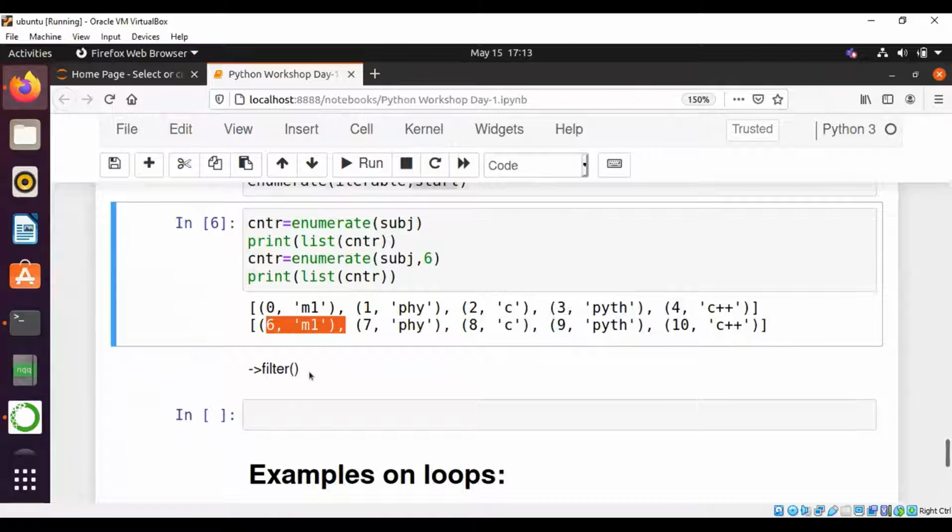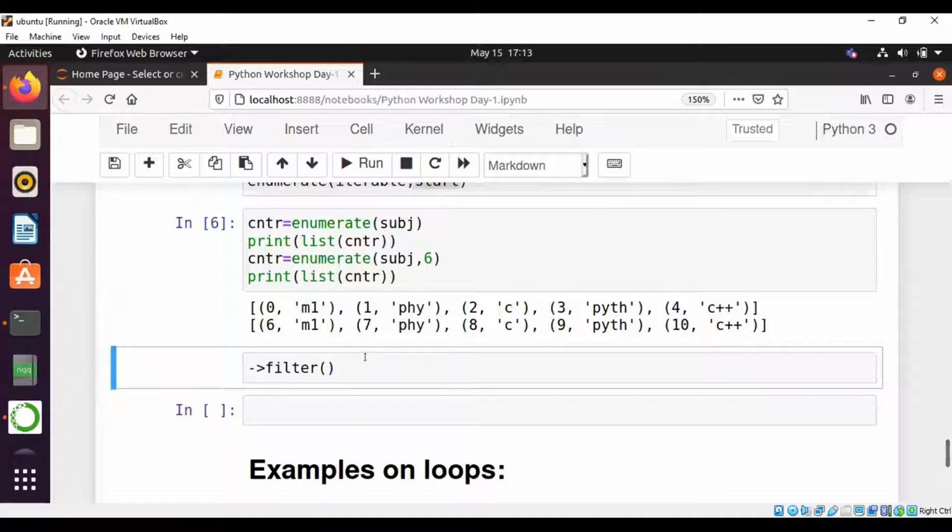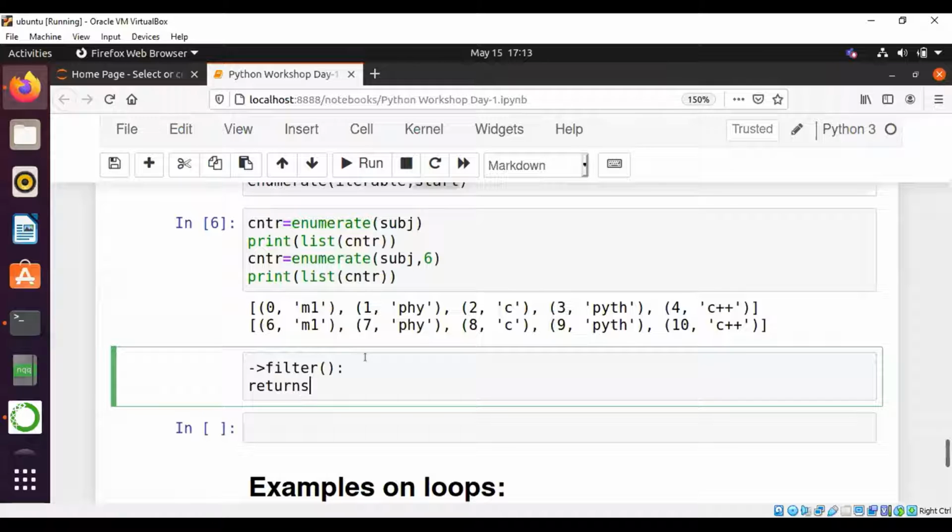Now coming to the filter. What does the filter do? It returns an iterator, the same as the enumerate object. It returns a filter object or an iterator, where the items are filtered through a function.